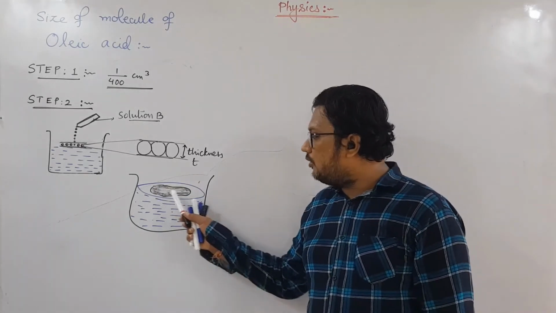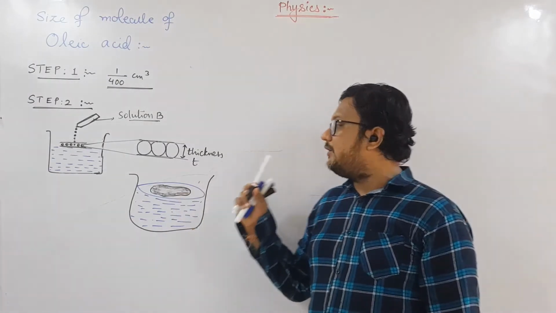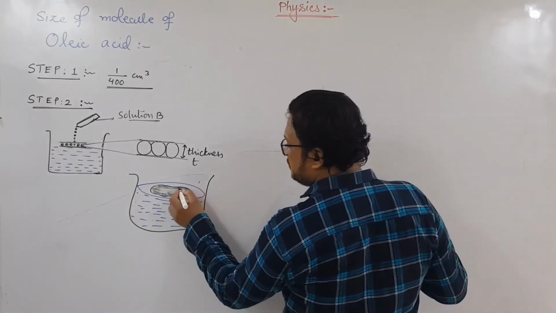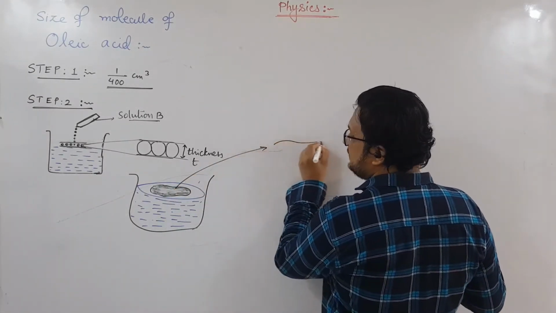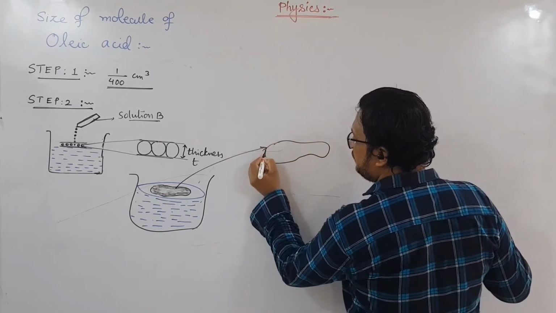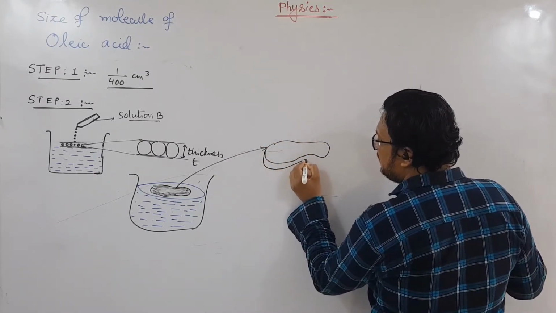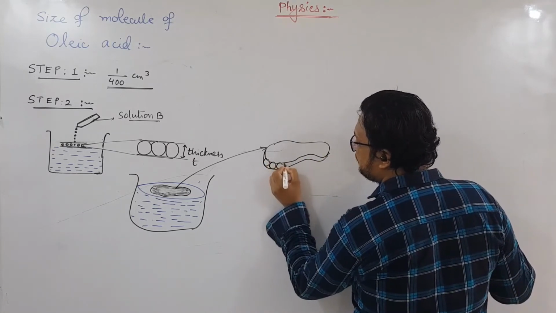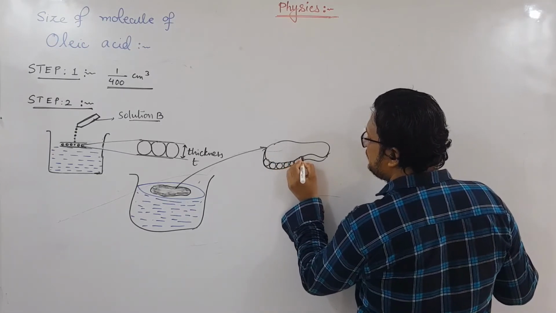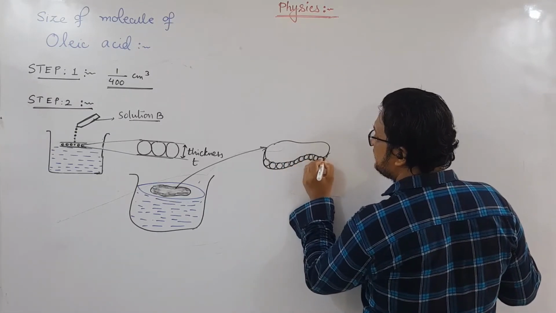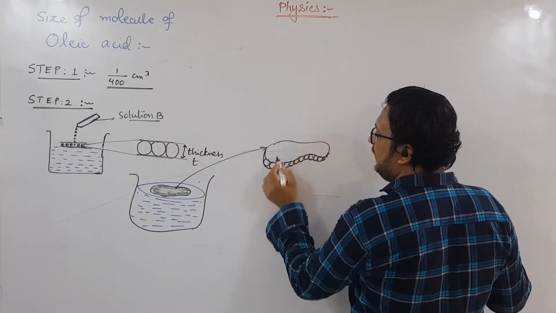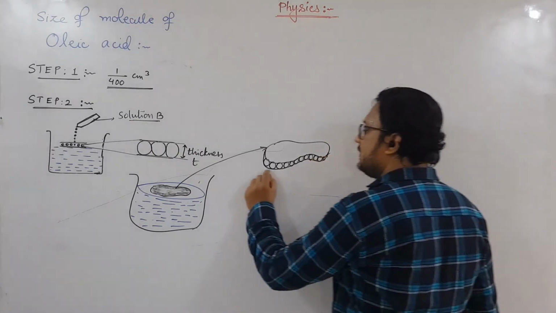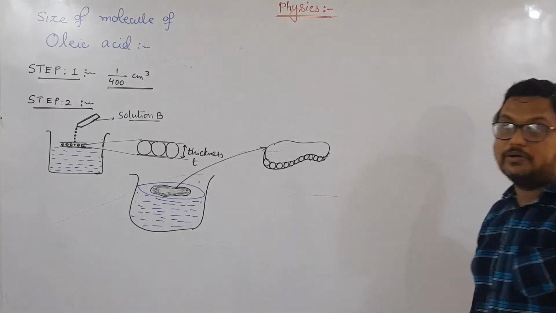So the amount of alcohol present in this solution will get evaporated, and we will get a monolayer of oleic acid only. Let us say if we draw this portion only, the irregular shape one, then this is what we are going to get, and if you draw it in 3D, something like this you are going to get, right? So here this will be the thickness of this layer, which contains molecules. Molecules will be spread throughout, and this will be the thickness of that molecule. We want to find this thickness so that we can get the diameter of the molecules.